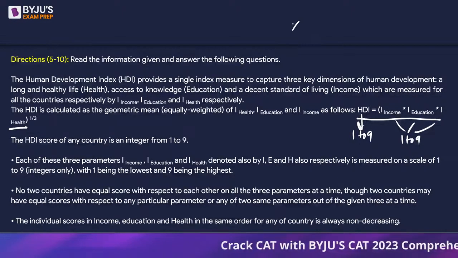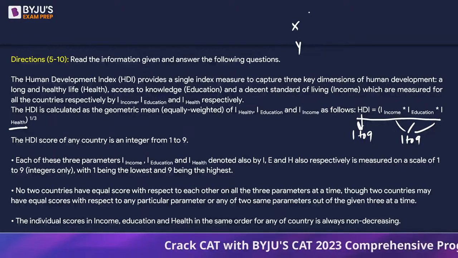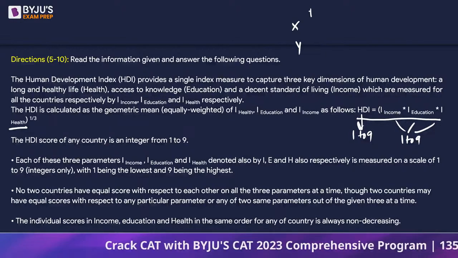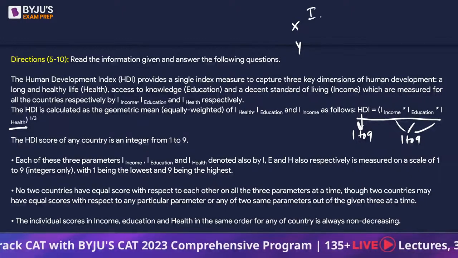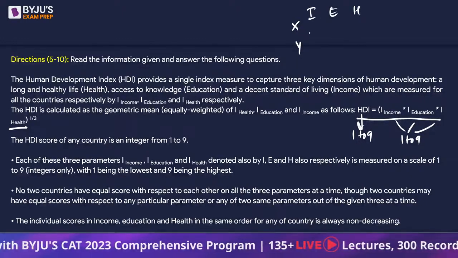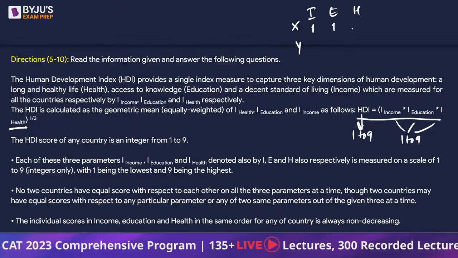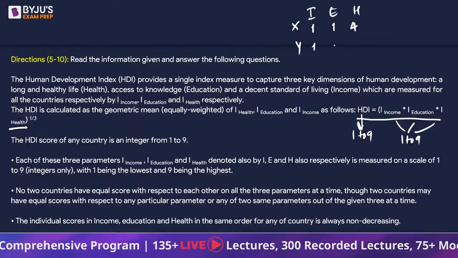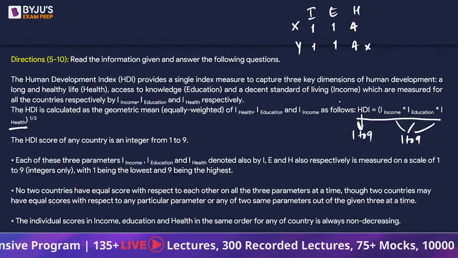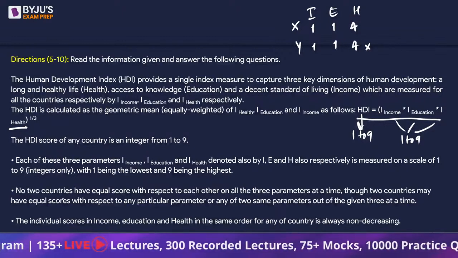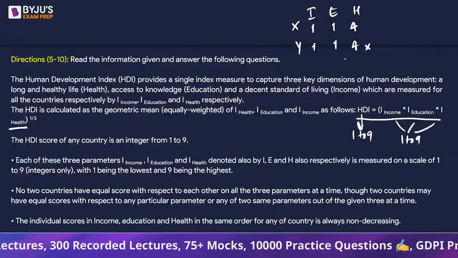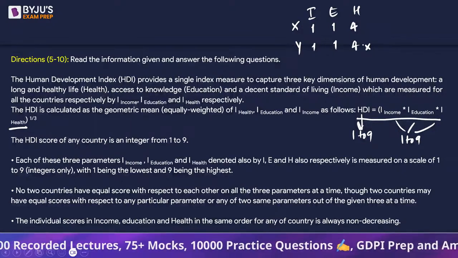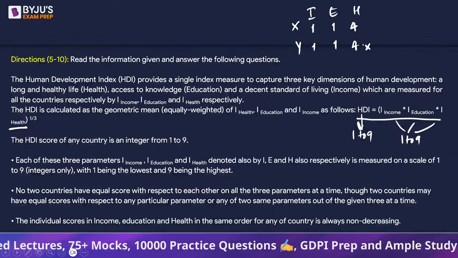So suppose we have country X and we have country Y, and we are talking about income, education and health. Suppose X gets a parameter of 114. So Y cannot get 114. This is not allowed because it says no two countries have equal score with respect to each other on all the 3 parameters at a time. Simultaneously तीनों same नहीं होंगे,